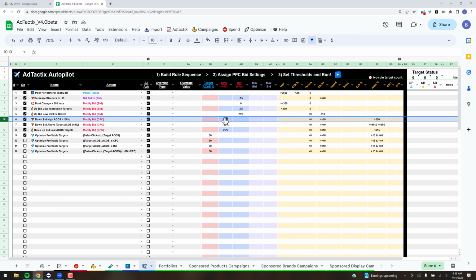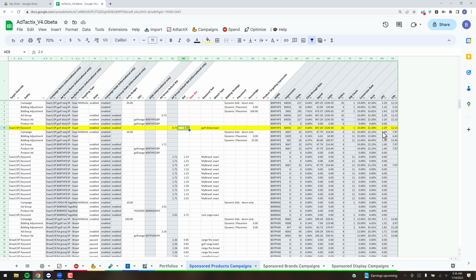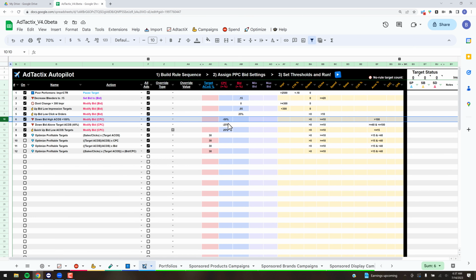And because it's the CPC, it's going to be making that change based off the, again, CPC of the target, which is column AW as opposed to column AE. So you've got two different options on those basic operators for modifying your bids, and that is based